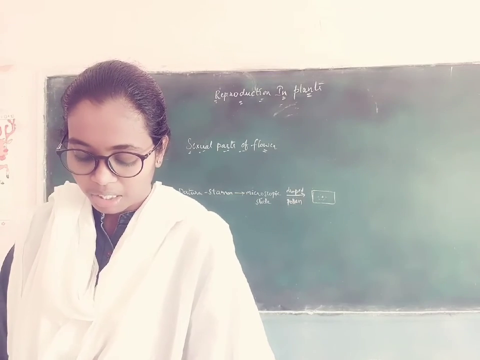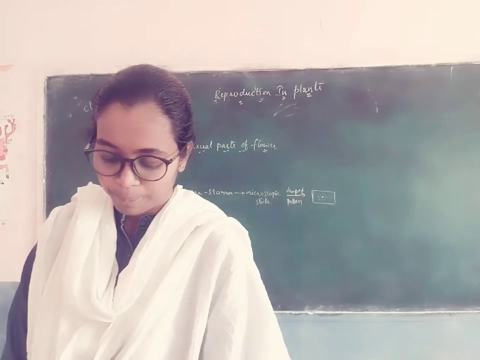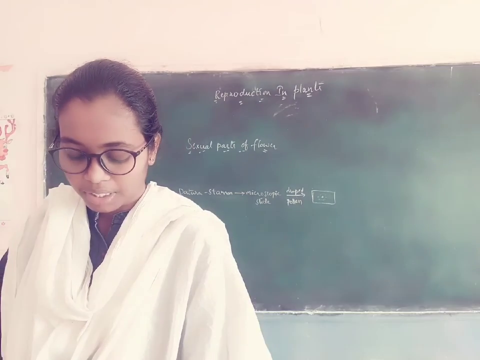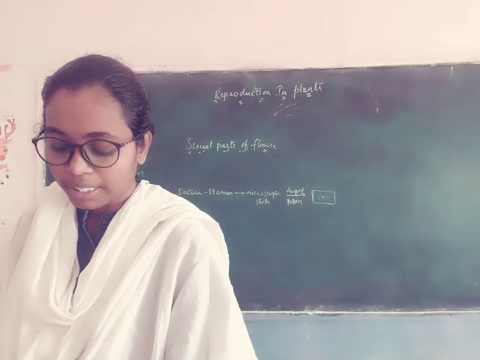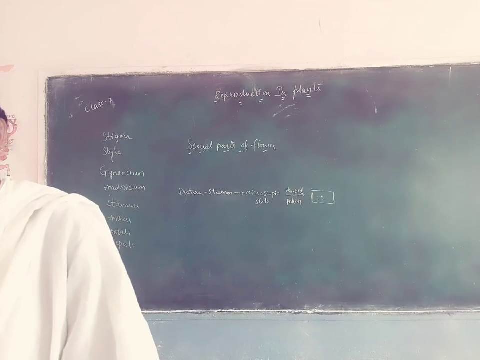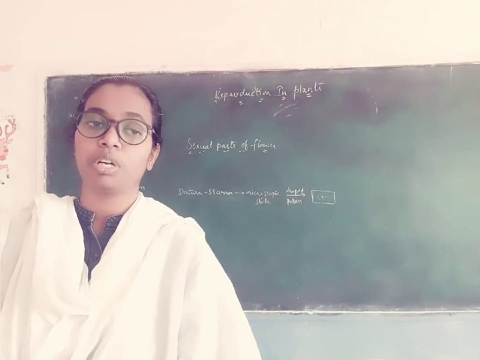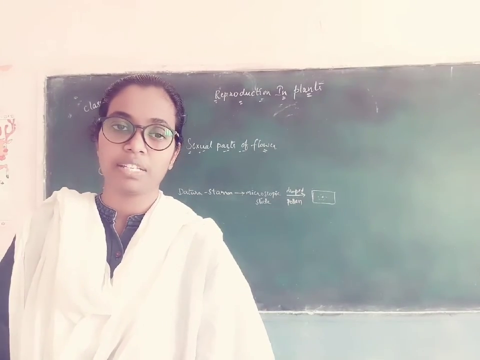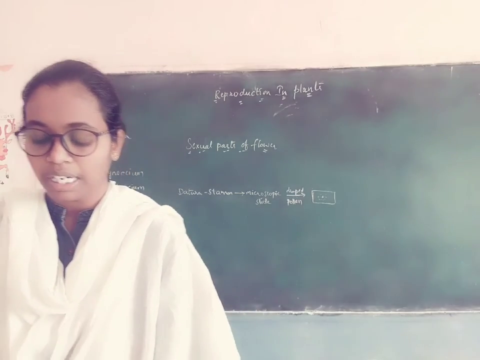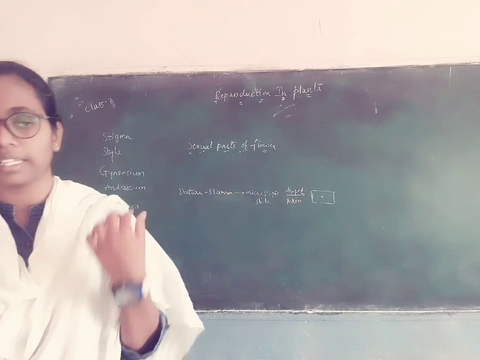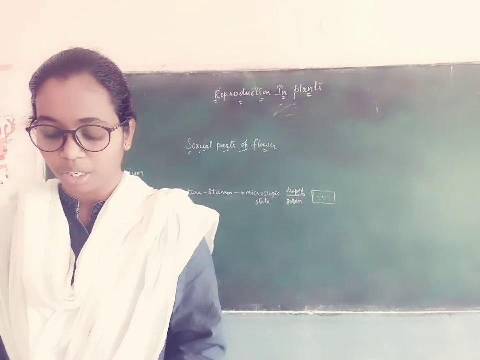Okay, take the pistil of the datura flower as it is big enough to observe the internal parts. Cut the section of the ovary of the pistil as shown in figures 8a and 8b. So what he is saying is that he is cutting the ovary of the datura flower, transversely and longitudinally, and observing the different parts present in that ovary.